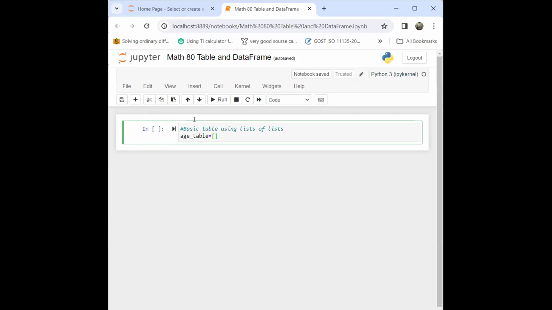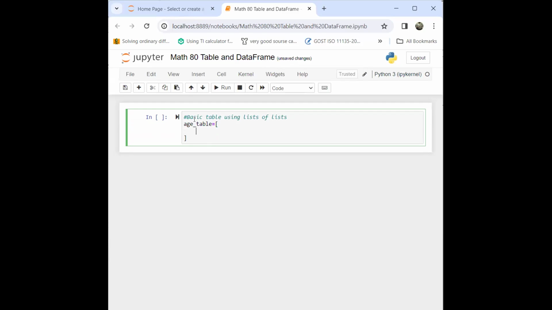Since we're going to create a list, we're going to use open and close square brackets, and then let us pass in variable names: name, comma, age, this is a string, and then comma, another string, which is our city. So remember that this is another list. So we're going to use open and close square brackets to specify that we have a list, comma, then go to